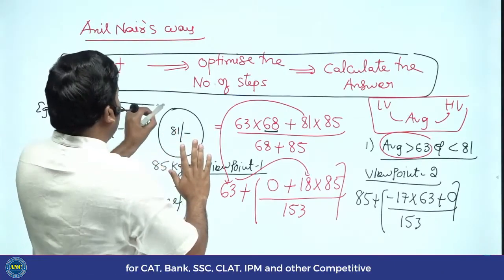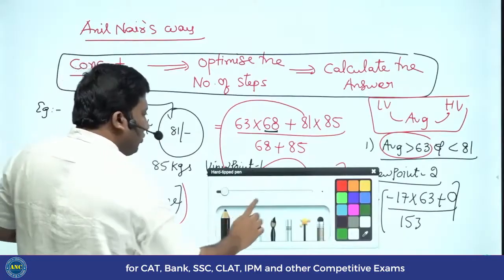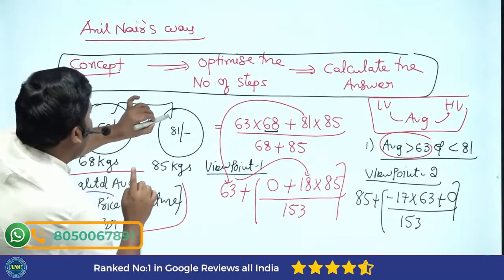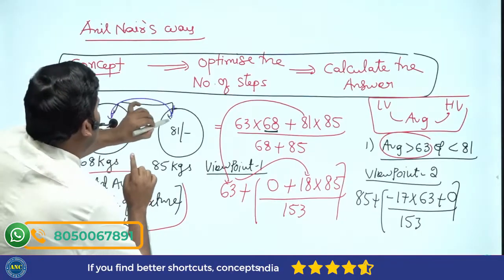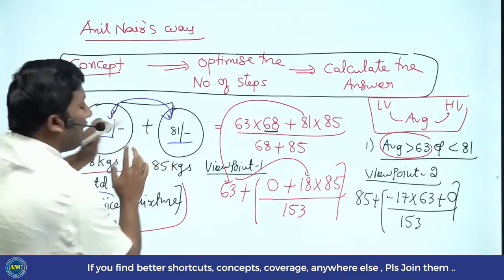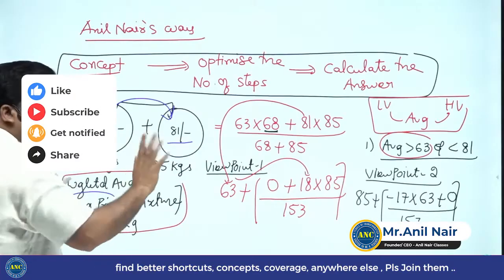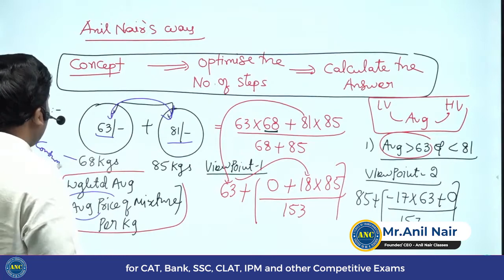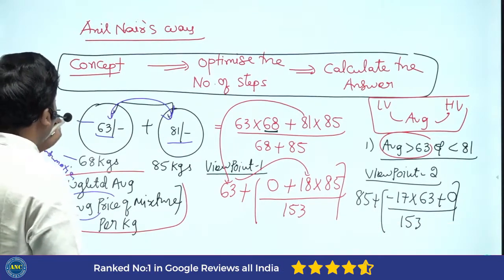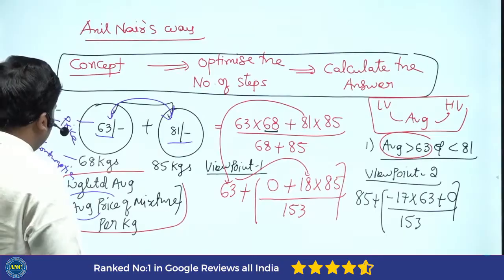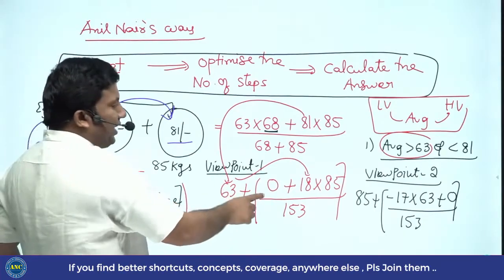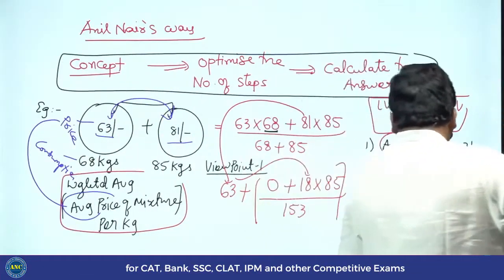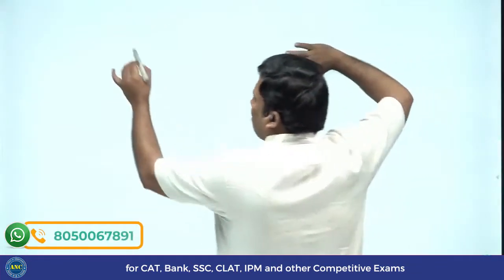81, these two we are taking. See, this is where students might get confused. We require the average price. The concentration is on this. Take 63 plus or 81 minus. Don't take it on the consumption, sir. These are the consumption, how many kgs I purchased. The question is on price. So average should be greater than 63, average should be less than 81. Listen carefully, sir. First concept,